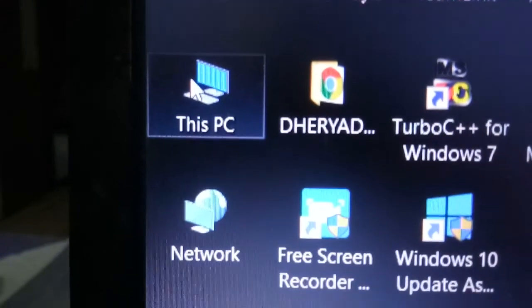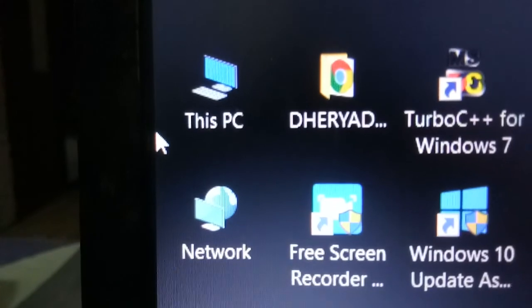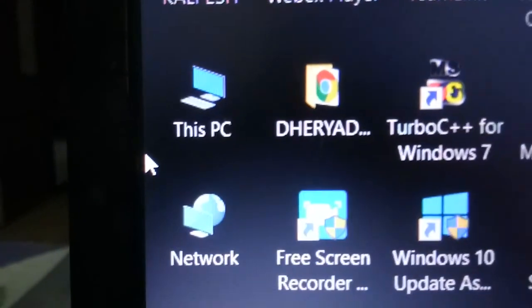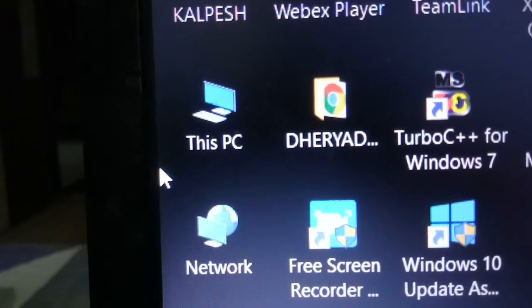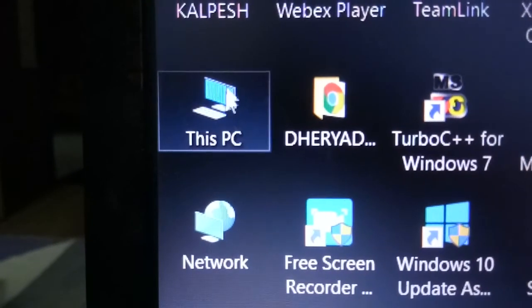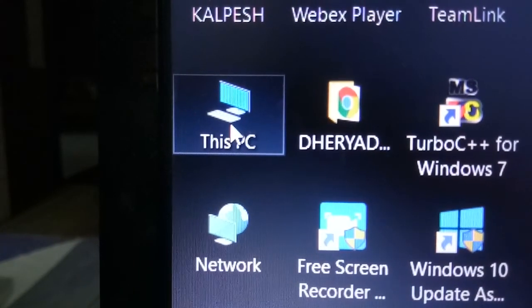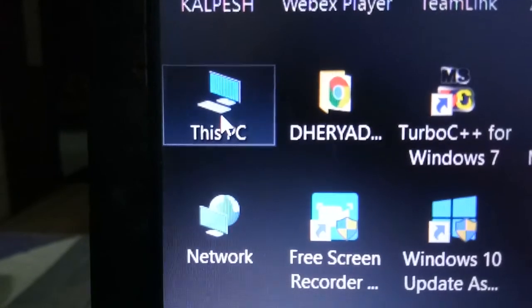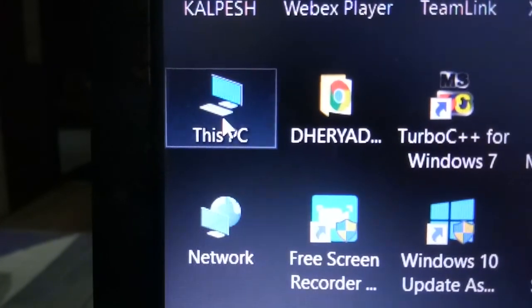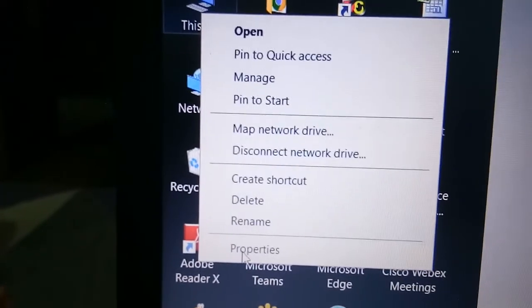So for that we have to set a path variable. We have to create a path variable so that it can be linked to our site editor. Now see what we are doing for that. You have already installed the Java, which would have been installed in your program files, and also you have installed a site editor. Now here right click on your My Computer icon, go to properties.